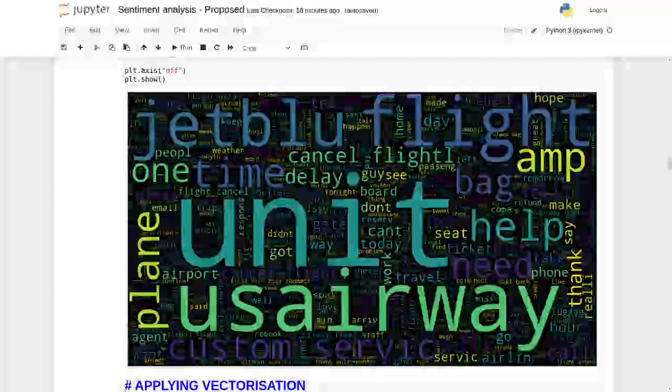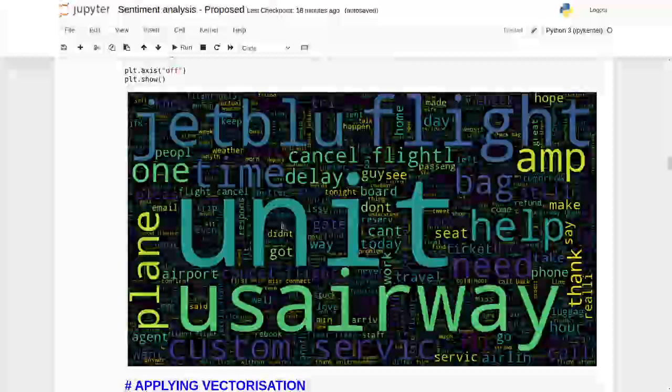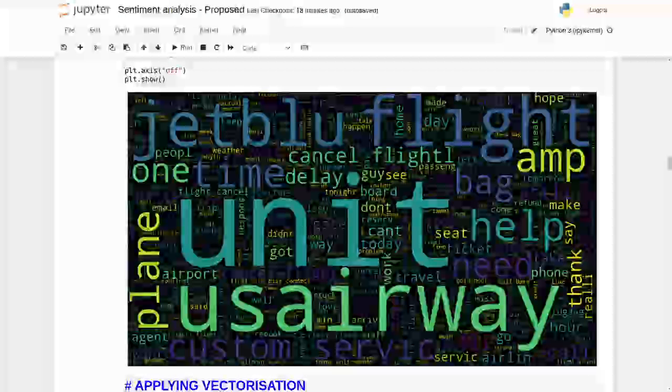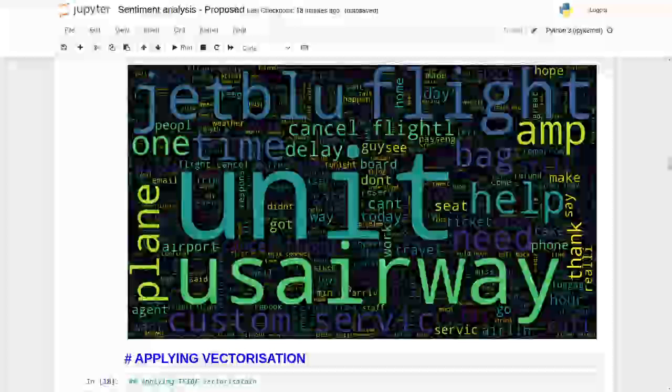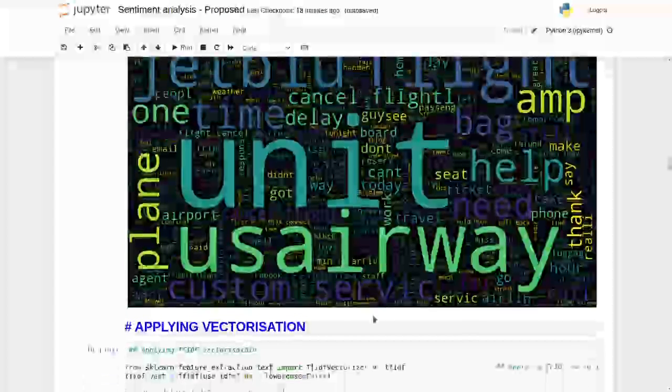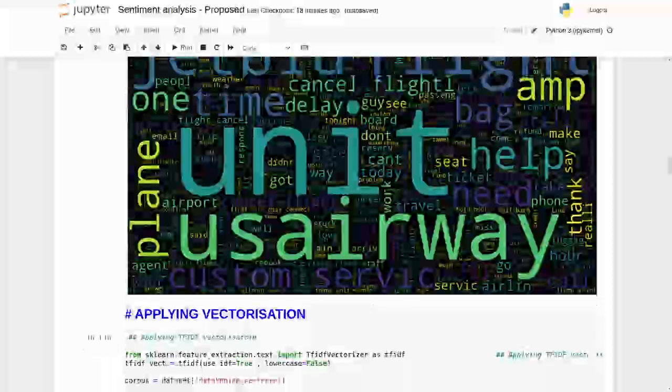So we can see that the frequency of United, Airways, JetBlue, flight and service is more than the other words. After visualizing the frequency of words, I have applied vectorization to the text.